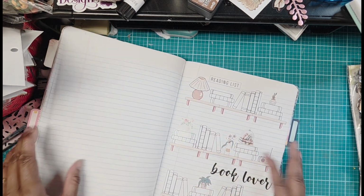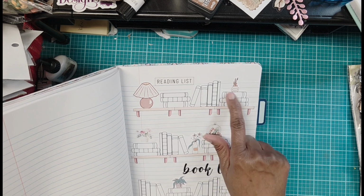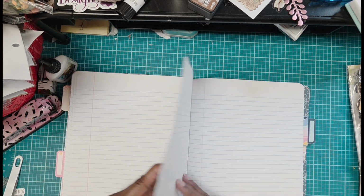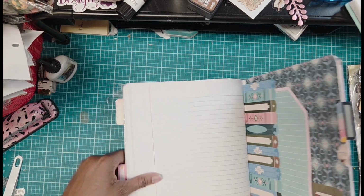more empty pages, and then we get to another TBR here, or already read books, and then I added some of my stickers on top to give it funness, and book lover here. And then, let's see, did I add anything else? Nope. We get to the end, and then I use the bottom of one of those, you know, those pages